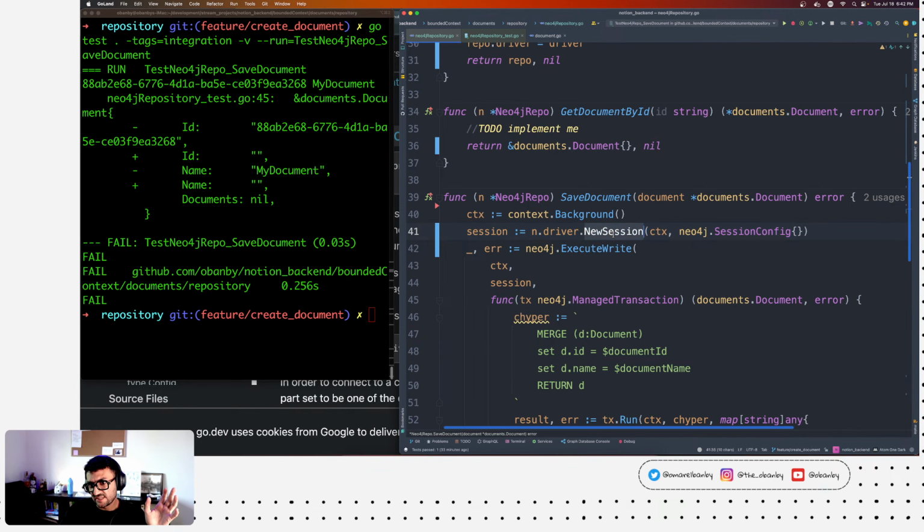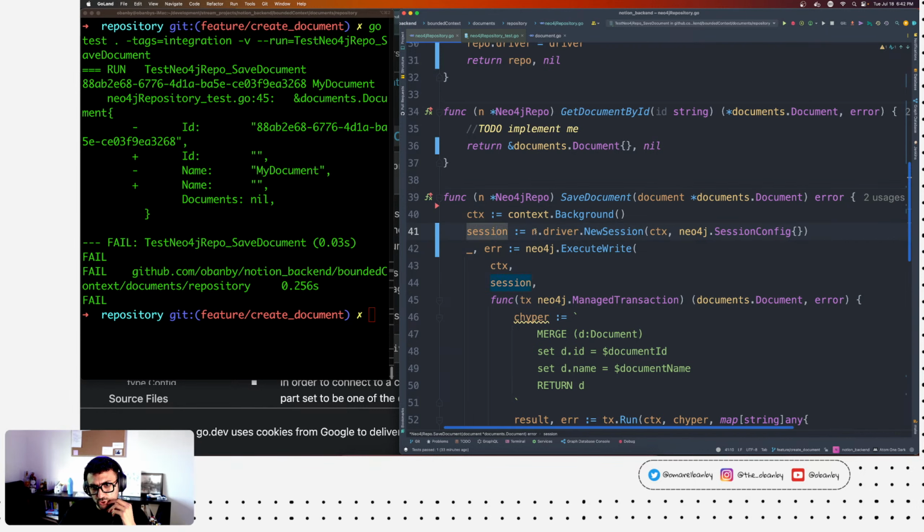So the session would have to be established from within each method. The reason being is that each method should have its own context, right? So if I'm saving a document and I'm concurrently getting a document, we're not sharing a context. That context is being specified at the point of run, which is executing that method, like save document.